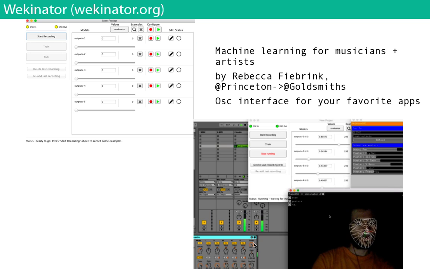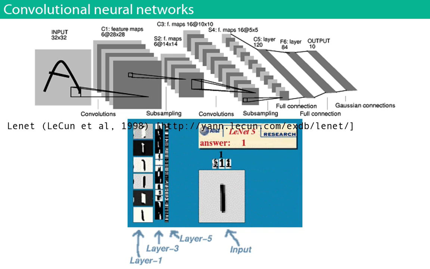I'm using Ableton here, but it can be other things, right? If you're a musician, you might be using other software. If you're using Processing, you might be drawing generative graphics. Processing takes OSC. So there's really lots of things you can do. I have a whole 2-hour lecture about this, so that might be a good way to go if you're interested in it.